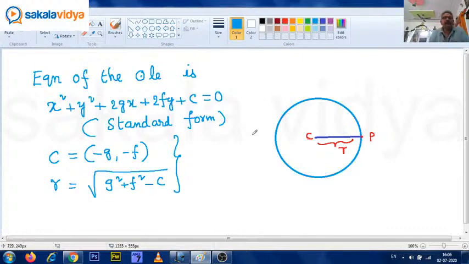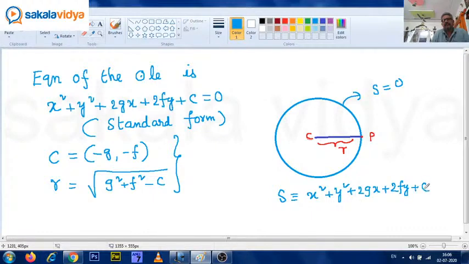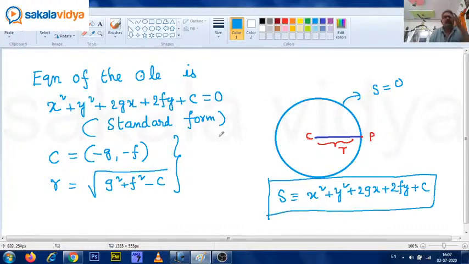Understood now? So this is the circle. Generally this is denoted by S equals 0 also. This S means, once again you remember, x square plus y square plus 2gx plus 2fy plus c. Okay, now